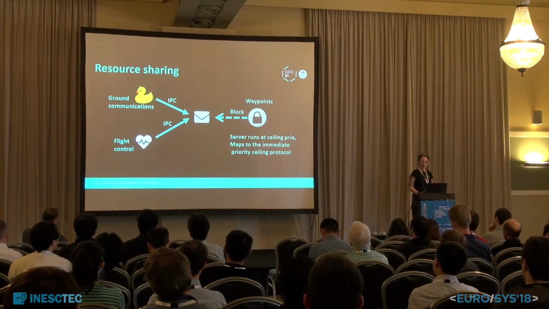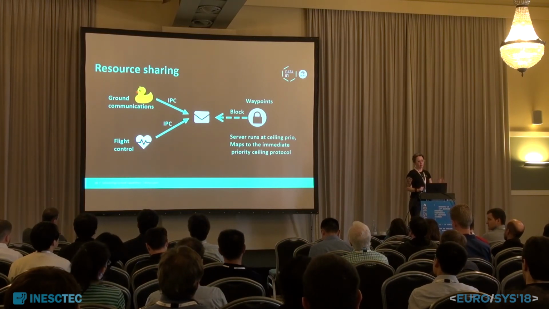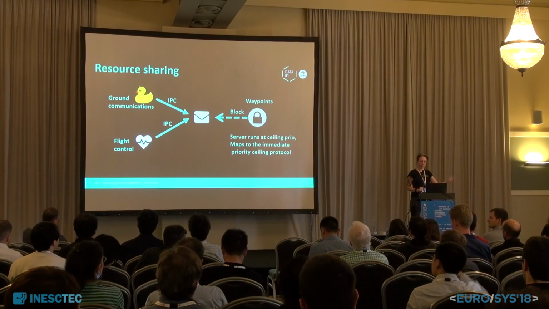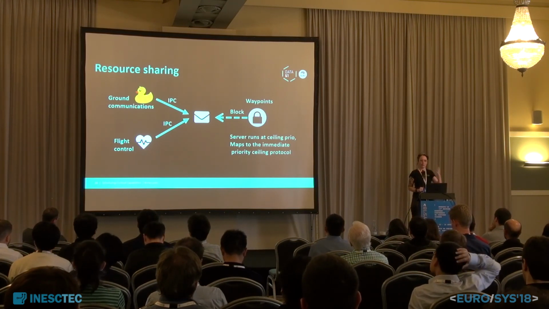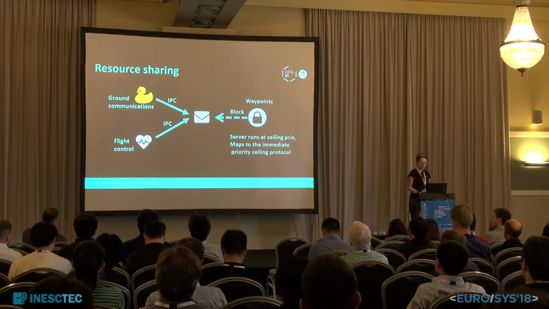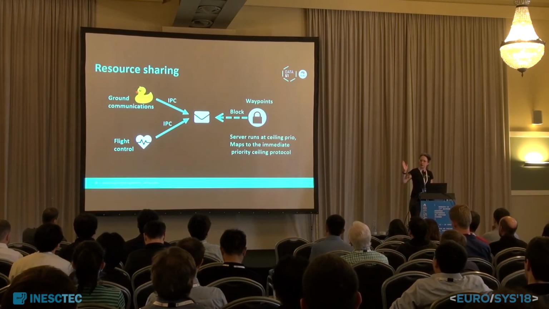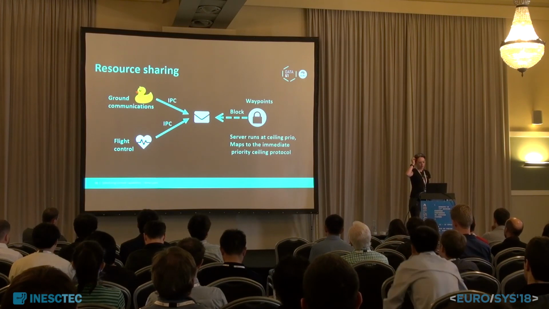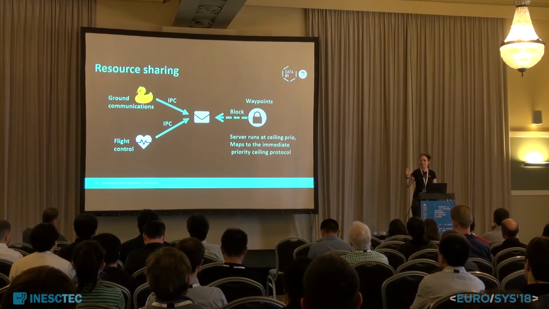An example in a mixed criticality system is something like the server represents the waypoints that an aircraft might need to go to, and you have all of these different inputs coming to the server, like communications from the ground, which is less critical than, say, the flight control, which is stopping the plane from destabilizing or crashing into a mountain. But these need to share this service. And the server itself runs at the ceiling priority. Scheduling contexts don't contain priorities, so we don't enforce that the server runs at the ceiling priority, but if you want to avoid priority inversion, then it's a good idea to do that.